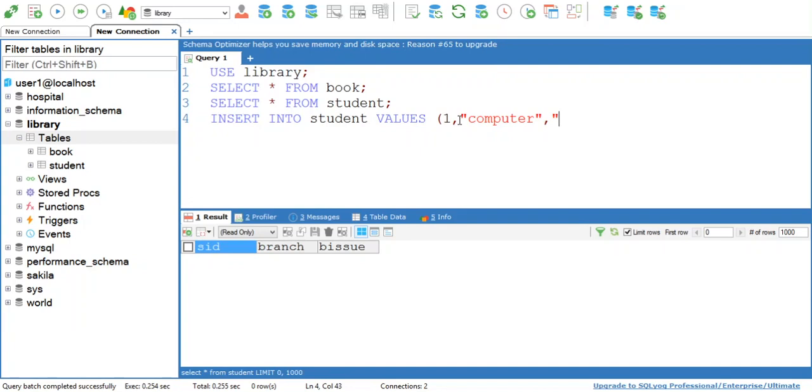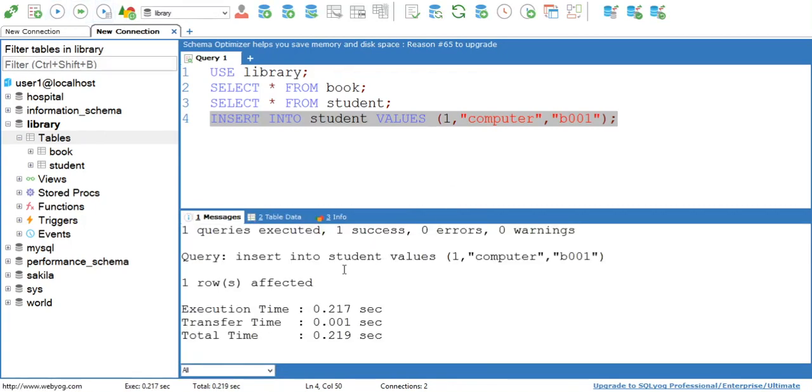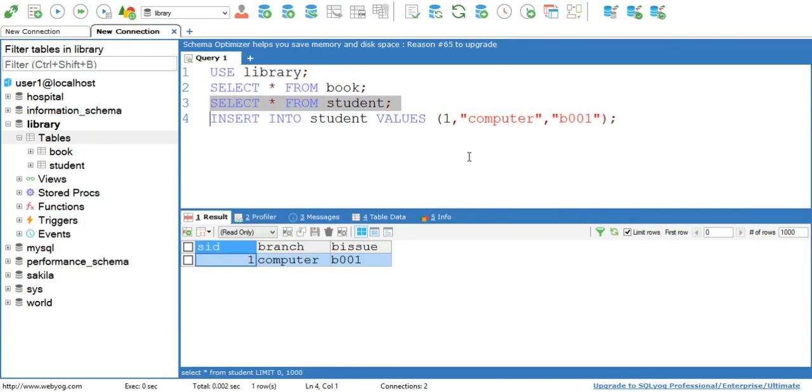Here you can write down the name of book or you can write down the ID of book. Suppose book ID is B001. It is of varchar type, so you can enter numbers also and you can enter characters also. See, query is successfully executed. Now, see, your table is updated. Okay, means now we have studied how to assign few permissions and how to assign all permissions. Here all these are verified.